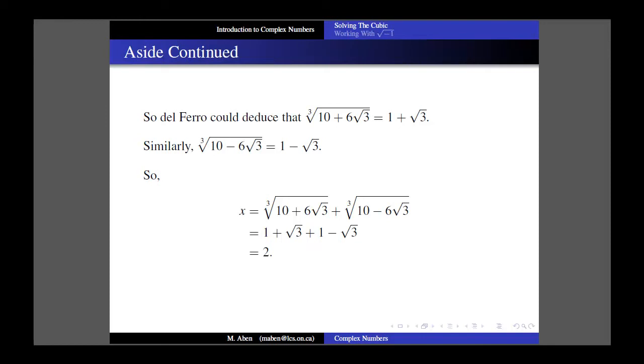All right. Again, this was an aside. Don't worry if I kind of lost you in there a little bit. So far, though, although there's been some messy root work, nothing too strange has been going on. What does this have to do with the square root of -1? Well,